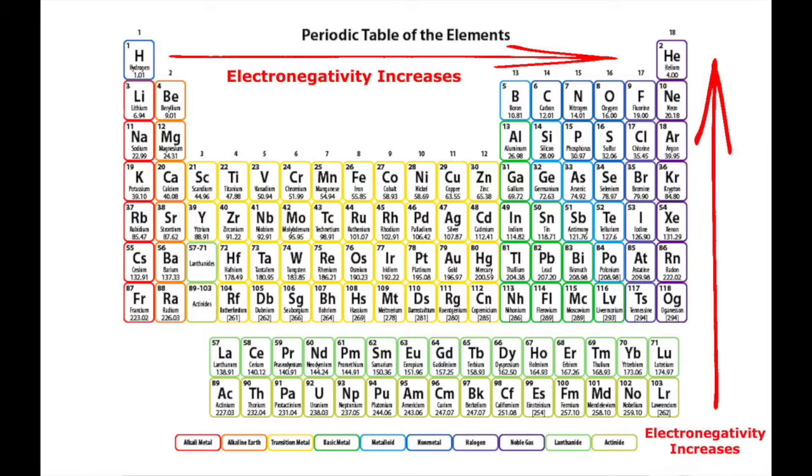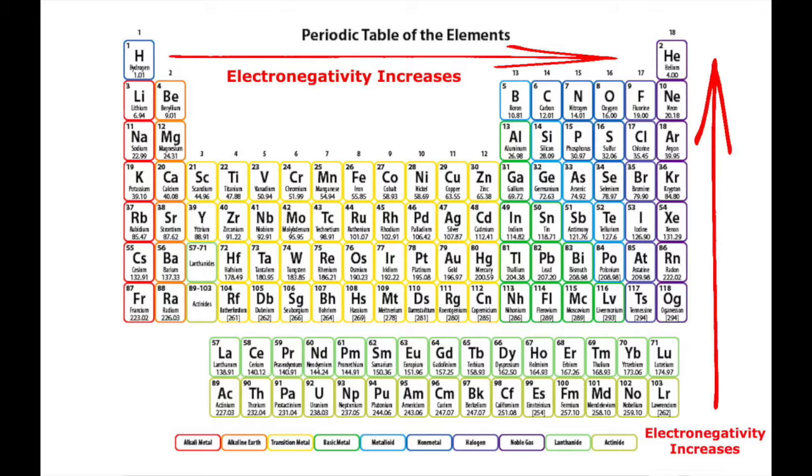A third type of trend is electronegativity, which is a measure of the ability of an atom in a chemical compound to attract electrons. Electronegativity increases as you go across a period and decreases when you go down a group. This is because as you go down a group, electron shielding increases, giving elements in the same group almost the same effective nuclear charge. However, due to the fact that the farther down the group you go, the farther the distance of an atom's nucleus to its outer energy levels will be,